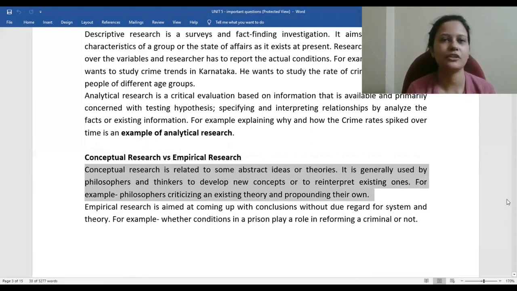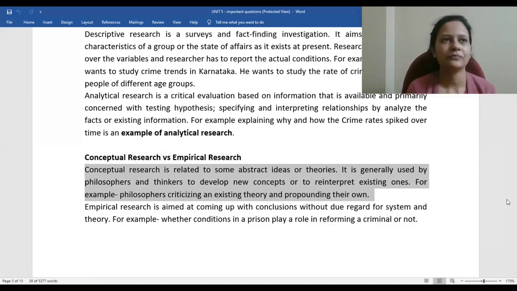There will be different theories which are applicable. In law also we have so many different types of theories. Take for example, precedent. Precedent is also nothing but a theory, right? That whatever is previously decided, keep on following that. If someone is doing research on that, like what is precedent basically? What is obiter dictum? What is ratio decidendi? All those will be conceptual research because we are trying to understand some abstract theories or ideas.